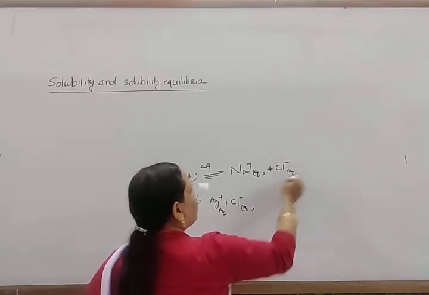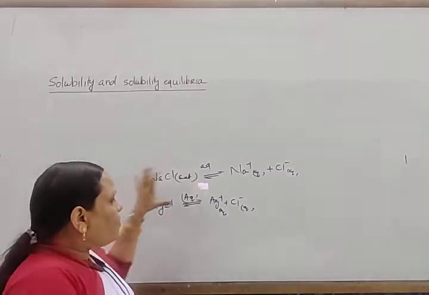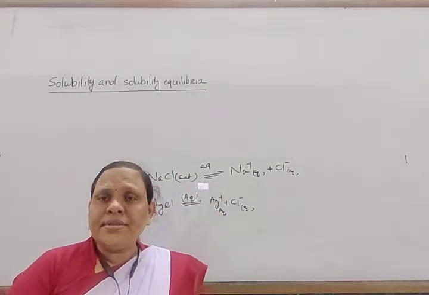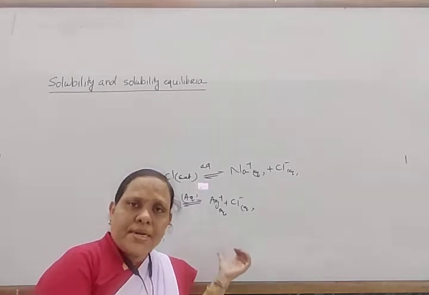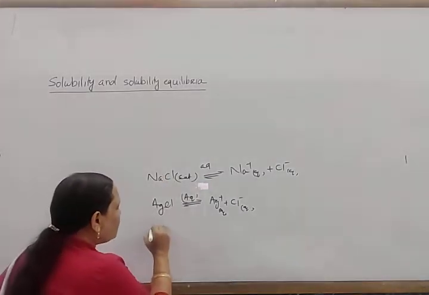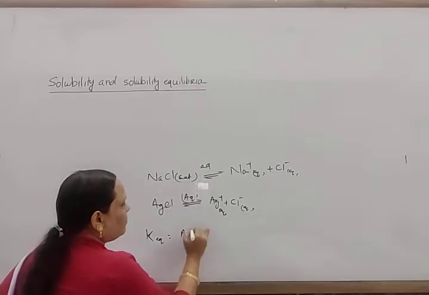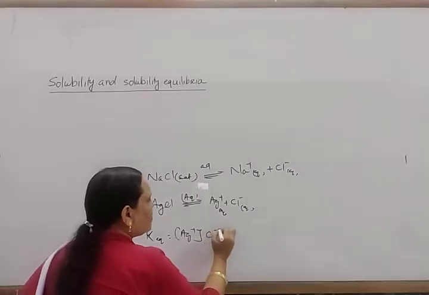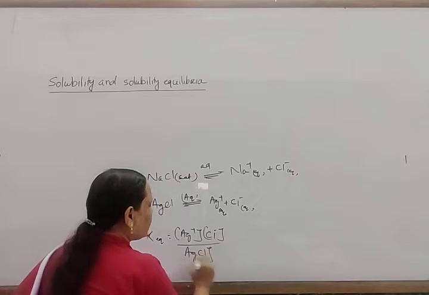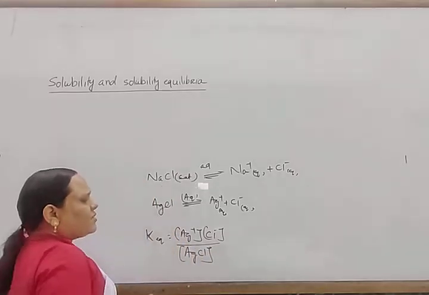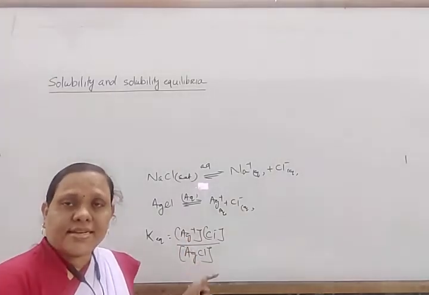Okay, so in aqueous condition, these are in equilibrium with its ions. So if this is in equilibrium with its ions, then there exists equilibrium. When we apply equilibrium to it, K equilibrium is equal to Ag plus concentration times Cl minus concentration divided by AgCl concentration. As these are very sparingly soluble salts, the concentration of silver chloride is generally taken as constant.